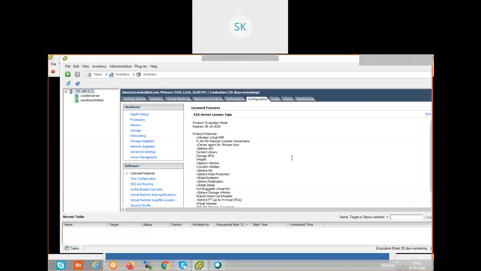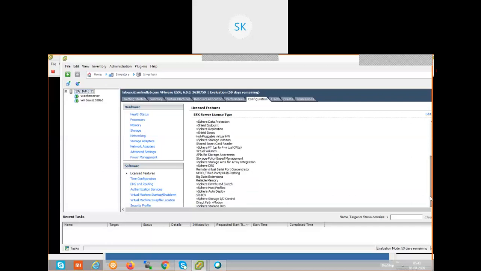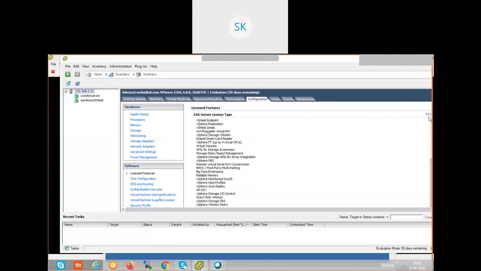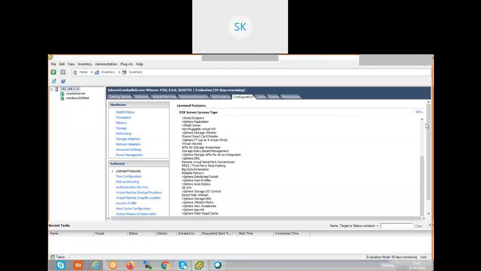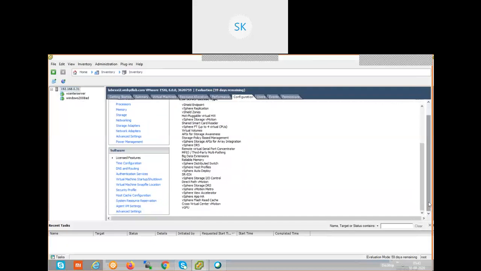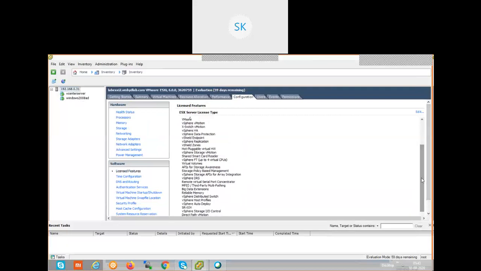How do we get all these options on this ESXi host? If you connect to an individual ESXi host, what features are available? These many features are not going to be available if you connect to a standalone ESXi host. To get all these options, all these features, it is only possible once you load the vCenter server, the centralized management console.